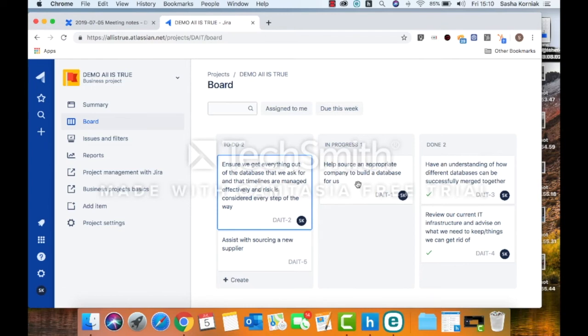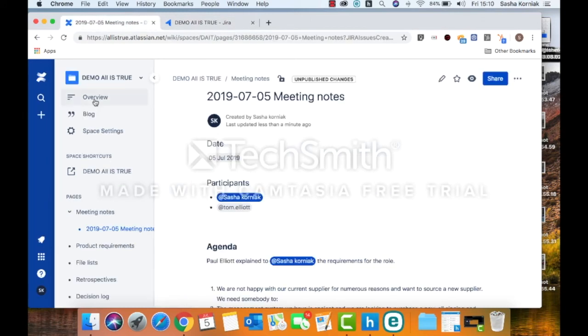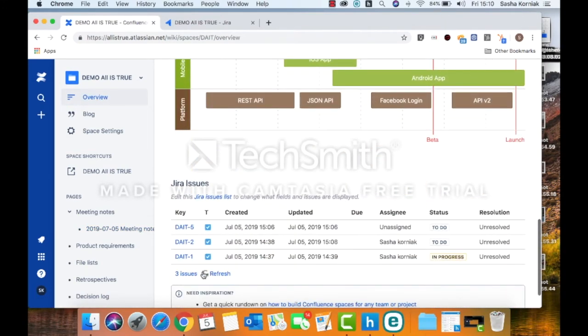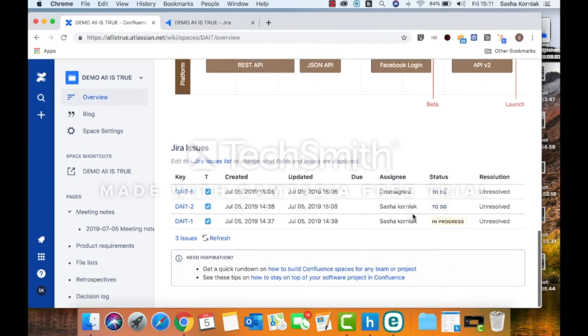I know a lot of these things say project, but you can use these with a little bit of customization, and this is really about mindset change, which is going to change behavior, which is really what we're looking to do. I'm going to click back over to Confluence, and I'm going to click on the overview and scroll down, and in theory we should now refresh here. For some reason it hasn't come up, but you can see the issues in the Confluence page for what's actually happening with the tasks that need to be completed, and you can change these menu items to reflect what might be more information for yourselves.